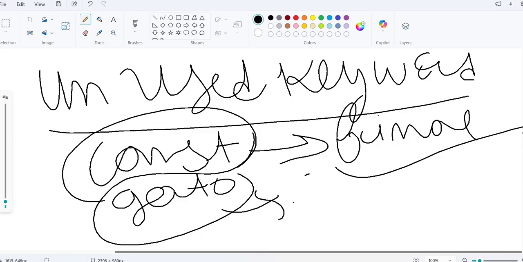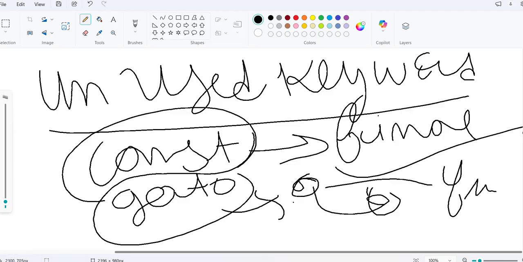Goto means sending to another state, but we are using functions here, so we don't use these two keywords. So you have to answer what the unused keywords in Java are, which are also present in Java: const and goto. Okay,